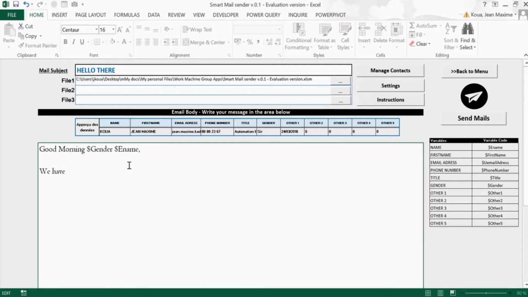we have heard about your application, and we want it. Okay, we have heard about your application and we want it. Your email address is the following. Okay, and now we'll put in the variable containing the email address, which is